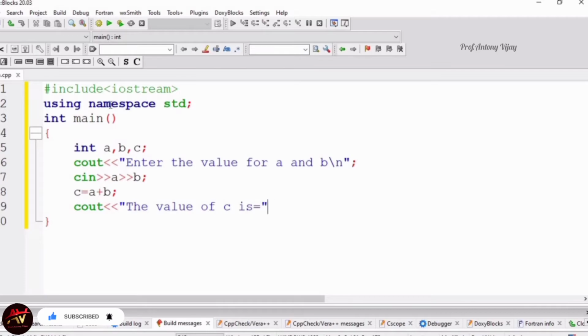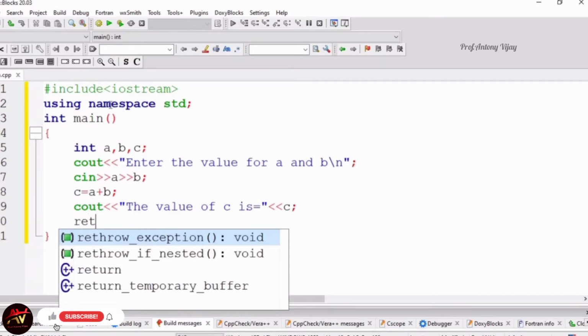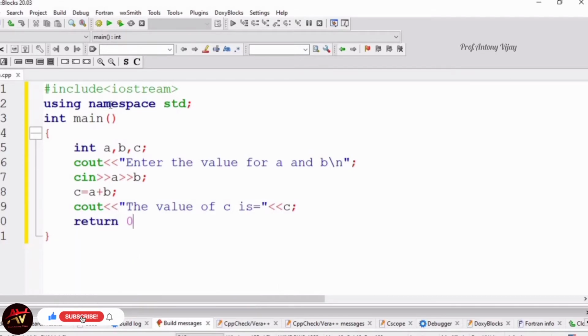Once again we use the insertion operator and mention the variable where the result will be, and end with a semicolon. Then we have to mention the return statement because we are using a main function with the return type integer. I can use return 0, ending with a semicolon.